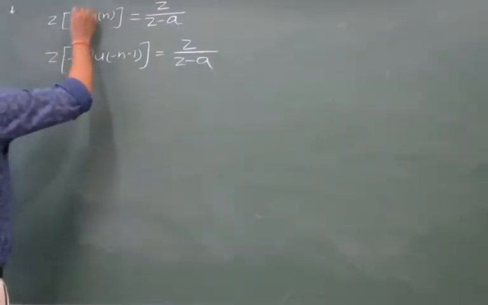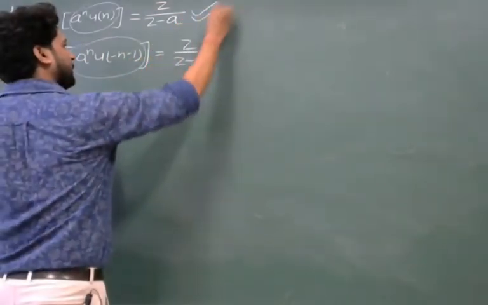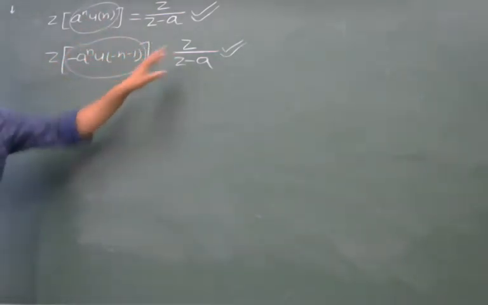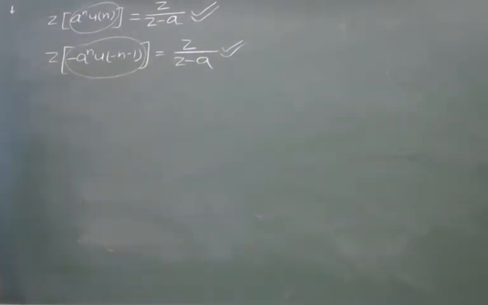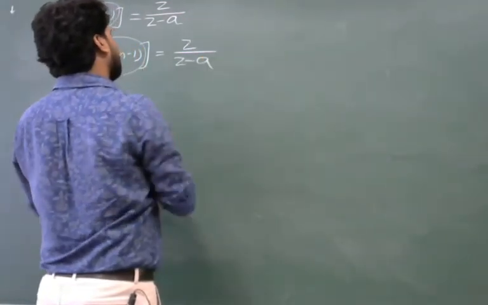So the Z transform for these two different types of signals is similar. How can we discriminate in their Z transform? How will we come to know whether the given Z transform is for this signal or for that signal? Both the signals are different, but their Z transforms are the same. This is the speciality, the importance of region of convergence.